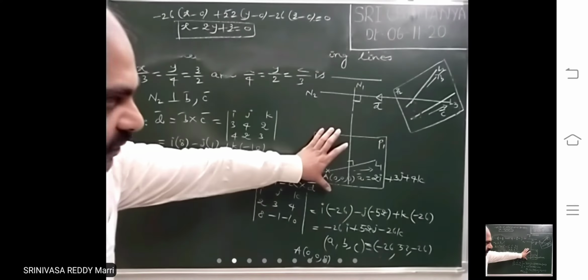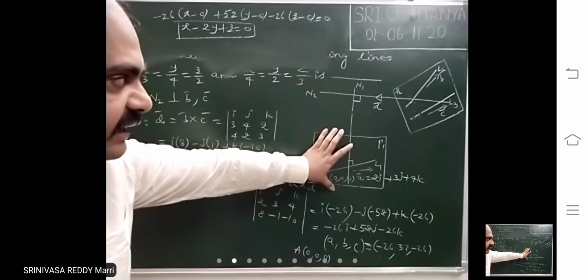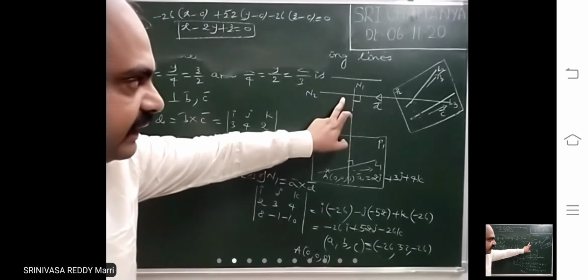Like that, whenever you require a plane normal vector, you find two vectors perpendicular to this. One vector is the normal vector of this plane, another vector lies in the plane. So if you write the cross product, you will get that normal DRs easily. That is the approach for finding the plane equation. We will go to the next concept.